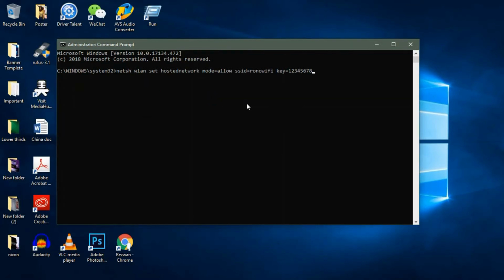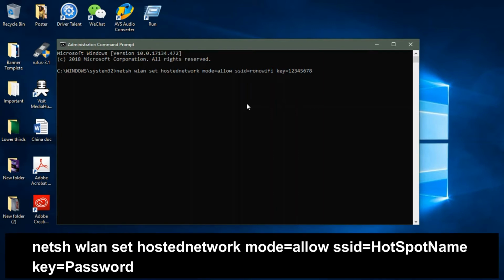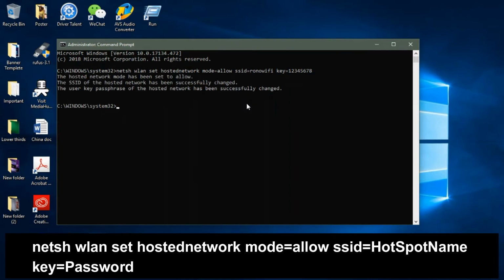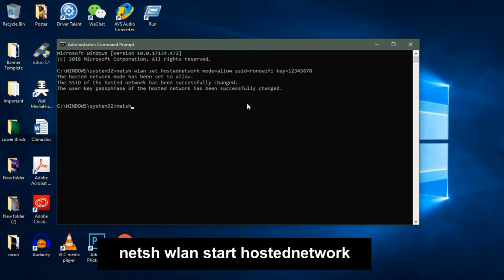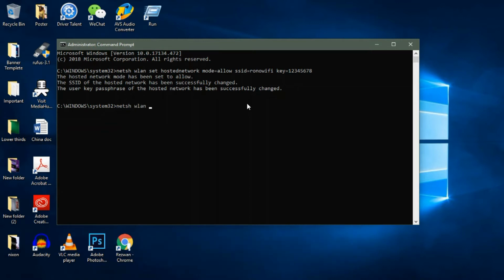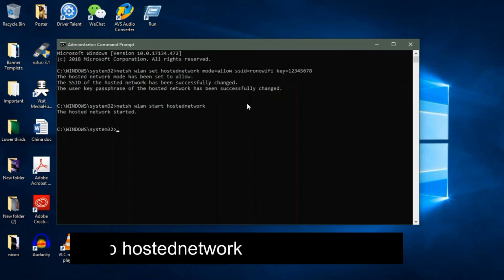You can create a Wi-Fi hotspot on your wireless PC so you can share your internet with other devices. In the command prompt, type the following text, press enter. It will set up a Wi-Fi hotspot on your computer. To turn the Wi-Fi hotspot on, write down netsh. To turn it off, write down